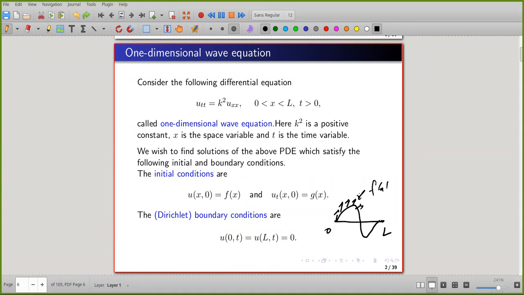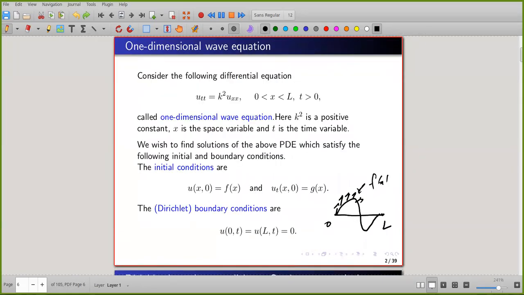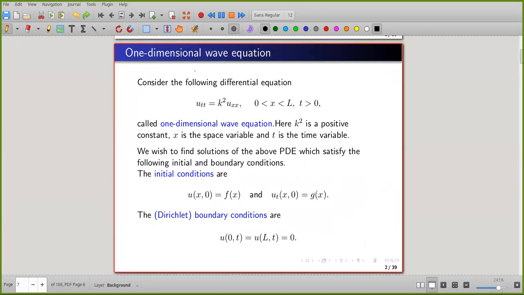And we have to see what the wave looks like at time t. Right, so if I were to write it down precisely,